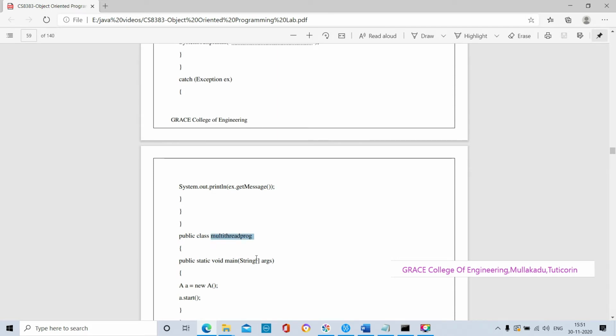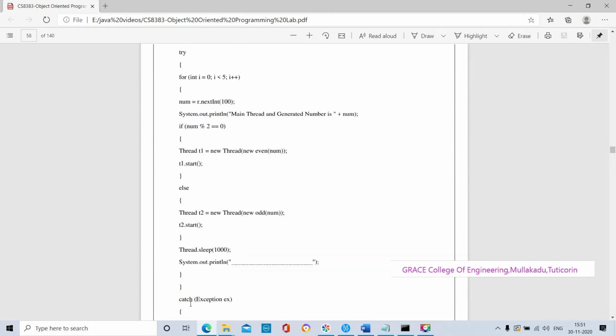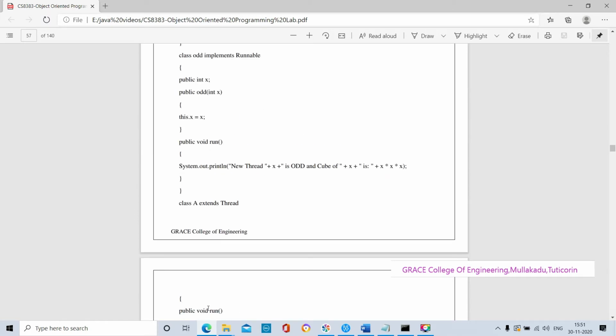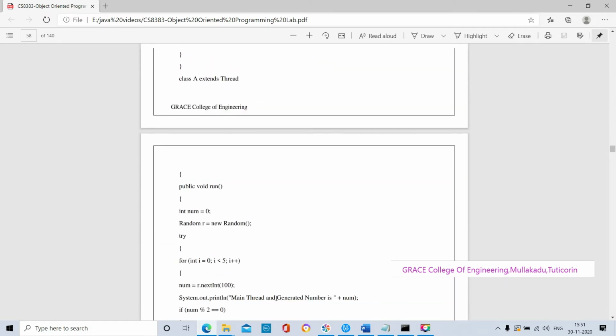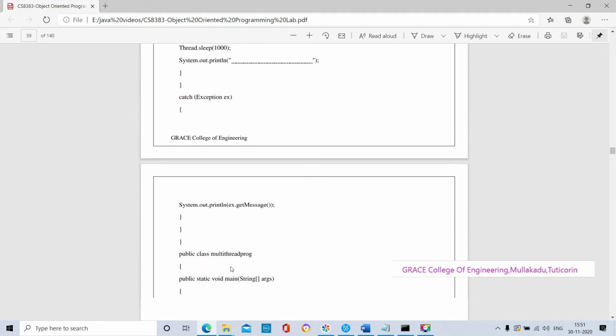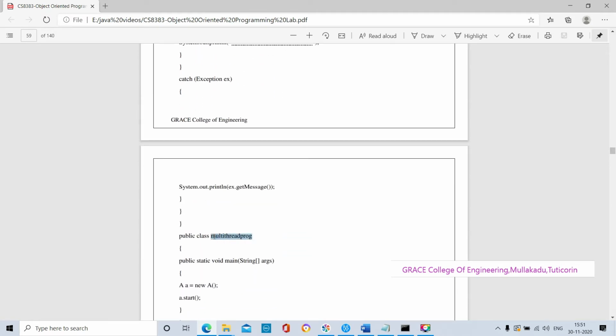In this program we have a lot of classes. Here is class A, and next we have class Even. We have to save this program in the name MultiThreadProgram because our main method is present inside the MultiThreadProgram class. The class in which our main method is present, that class name should be our file name.